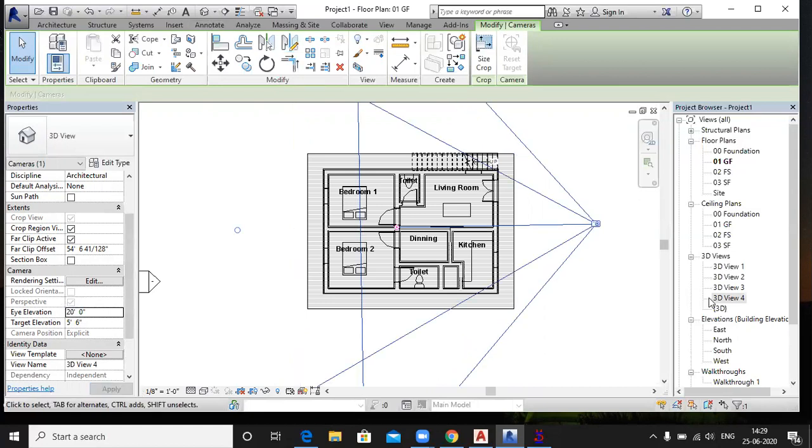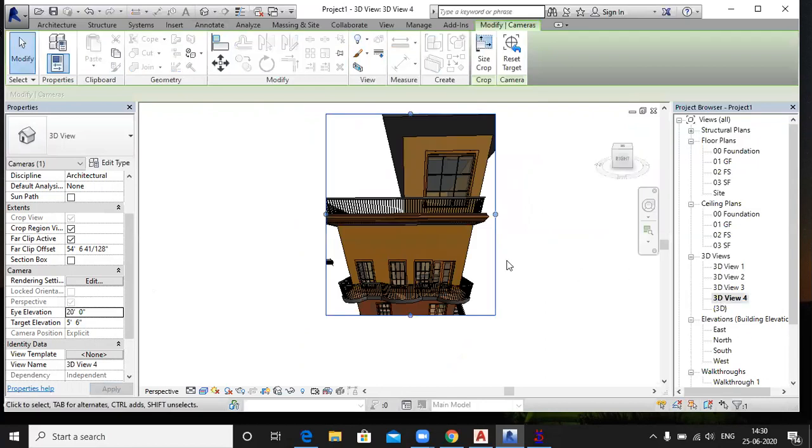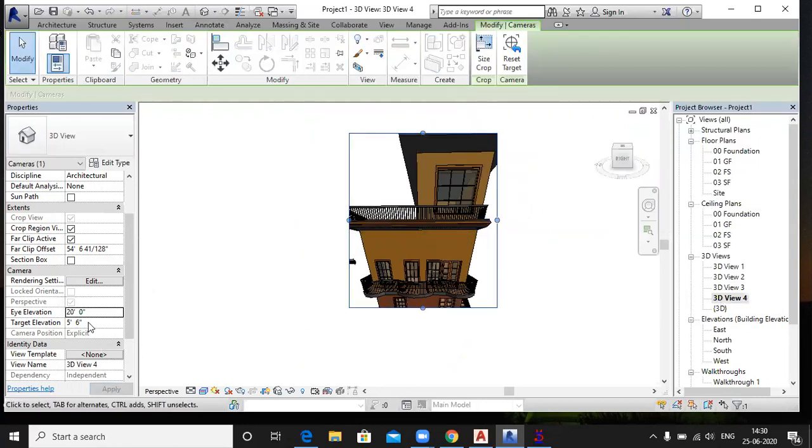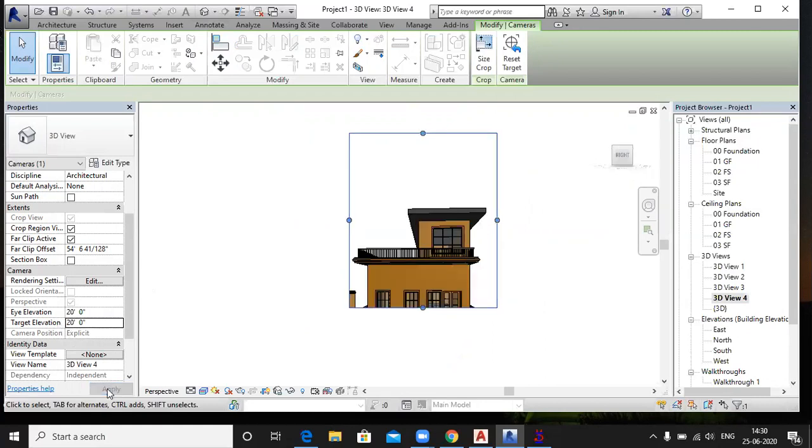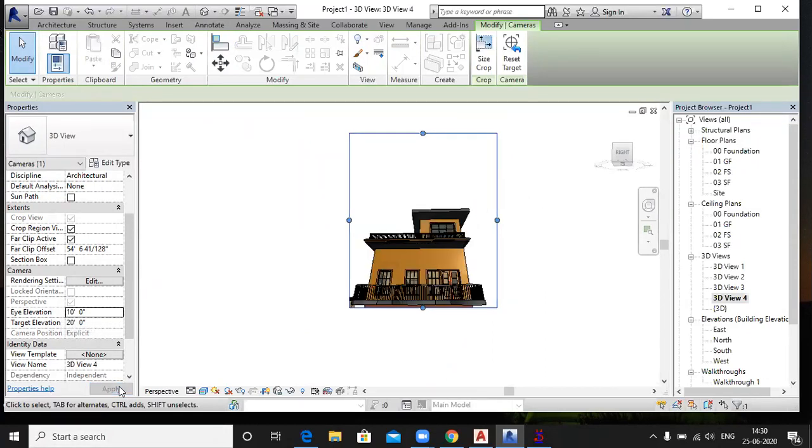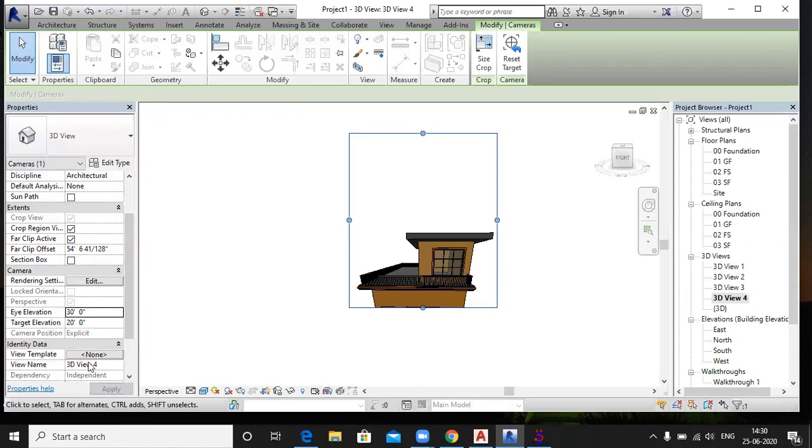Just see the changes in your 3D view. See, and change this figure also, right? Right, sir. And eye elevation downward to 10 feet. And this is about 30 feet, and target elevation is 10 feet.